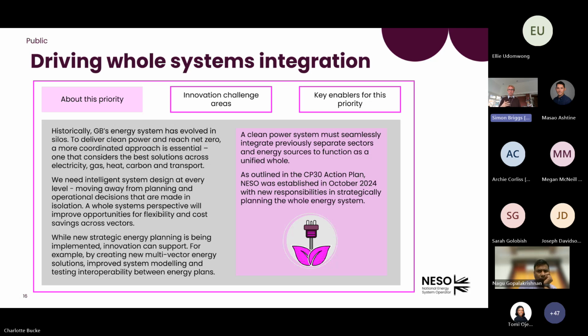The other aspect that we call out is around a planning perspective. So not only do you have breadth in terms of whole systems, but whole systems is also about depth. So we as NESO have that role from a top-down perspective around strategic energy planning, but that integration at a transmission, distribution, and even at a customer level or regional level becomes more and more important. So how do you get those different levels to plan and operate more effectively over time as the system is dynamically changing?